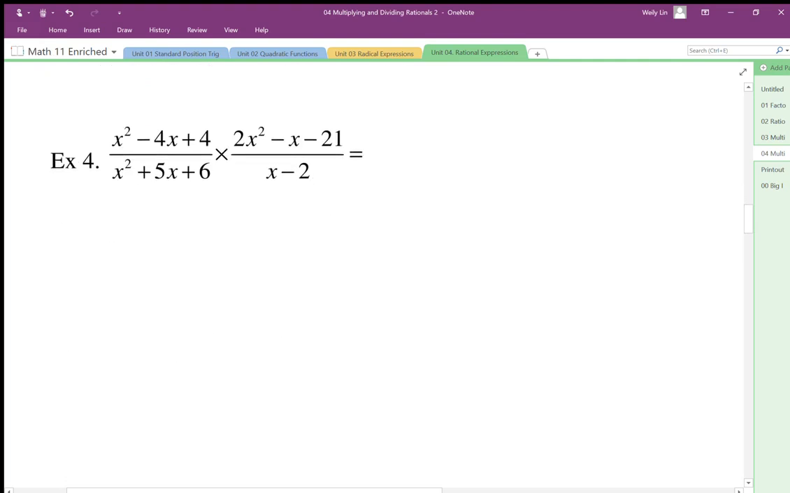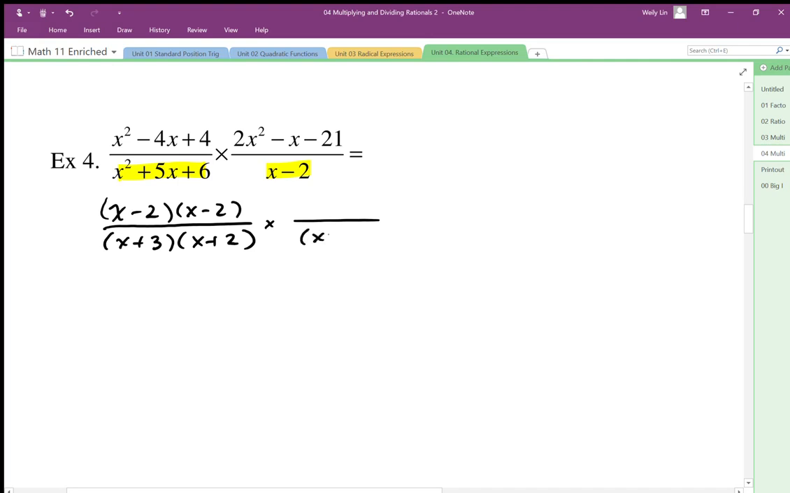So again, we want to factor, and we want to find our restrictions based on the divide parts of this expression. So factoring this, we end up with x minus 2, x minus 2, x plus 3, x plus 2, times x minus 2. In the numerator here, I'm going to just draw my little box here because this is a little bit harder